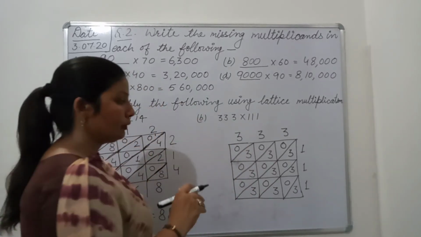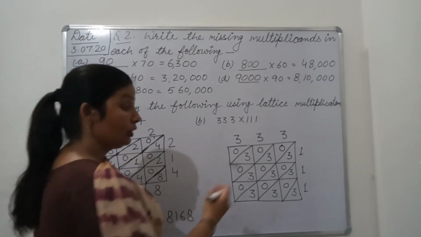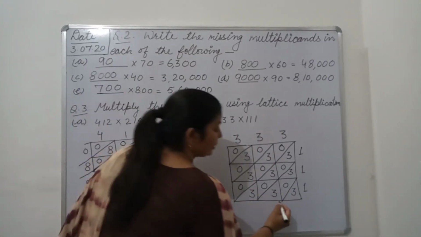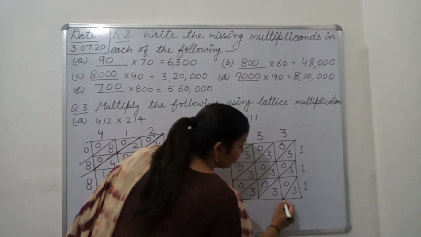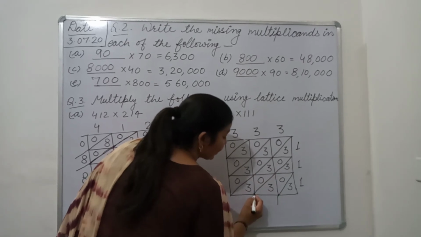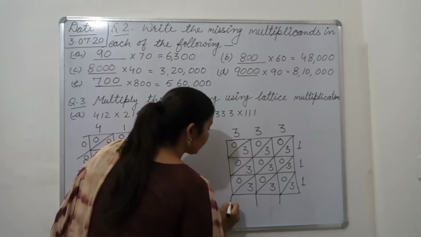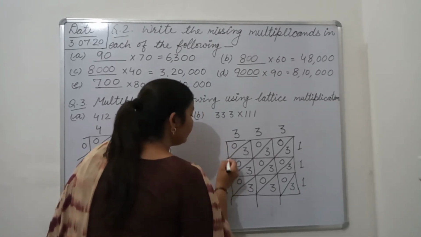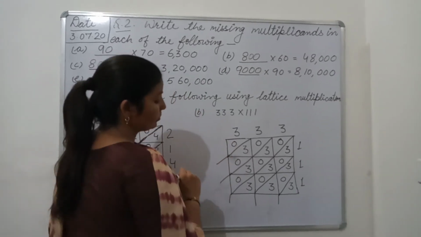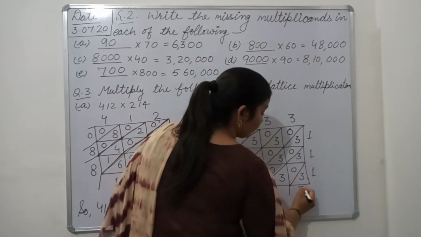Okay. Now we have done multiplication. Now what comes next? The turn of addition. So we should add diagonally. First diagonal is finished there, so the first diagonal sum will come there. Second diagonal finishes there, so the second diagonal sum is there. Third diagonal sum will come there. Then fourth diagonal. Then fifth diagonal. Okay. So now in this only we have 3. So we write here 3.